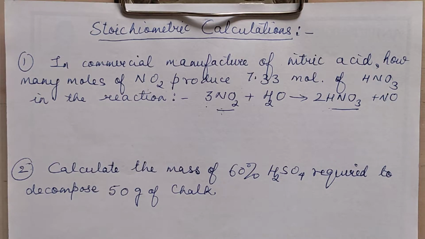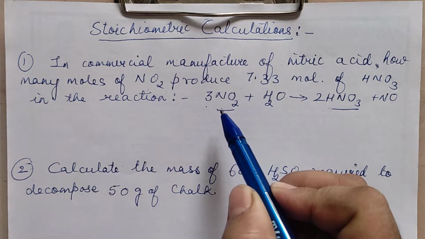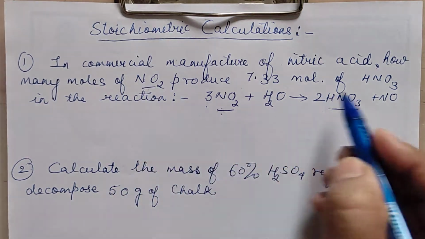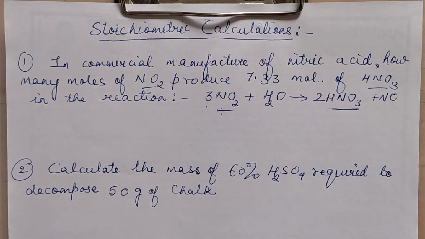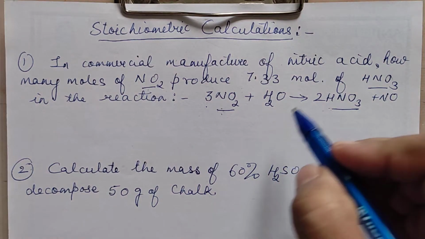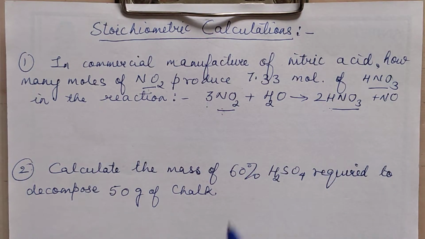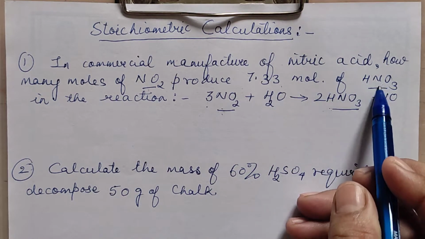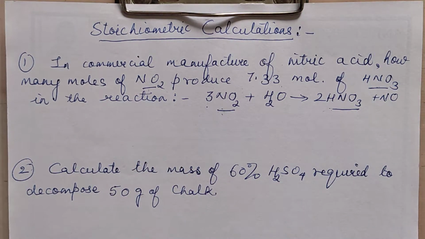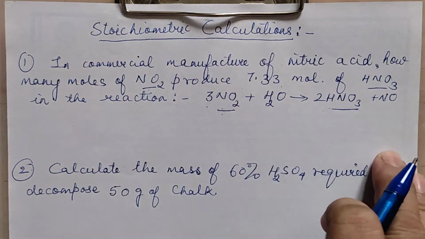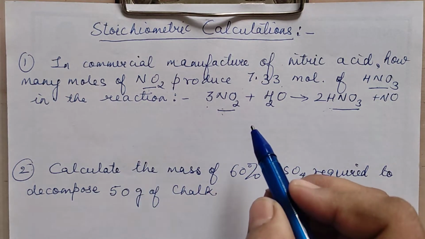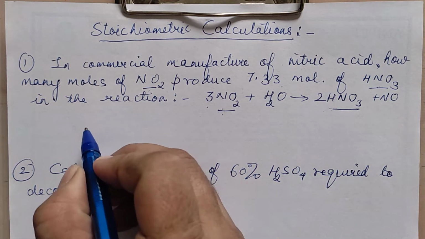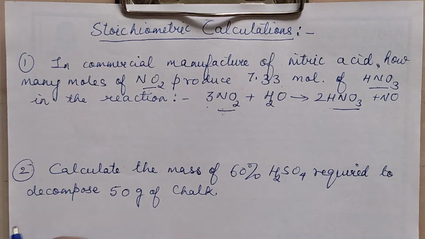Okay, for which both I am saying? They are considering only NO2 and HNO3. So we need not bother about NO and water. We will underline only those two for what they have given and for what they are asking. So they have given it for HNO3, they are asking you for NO2. The first thing, write the equation, balance the equation. What is asked? NO2 is asked. So you will write down NO2 on the right hand side.